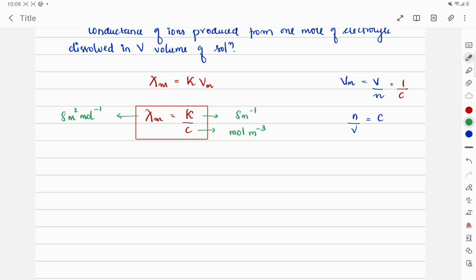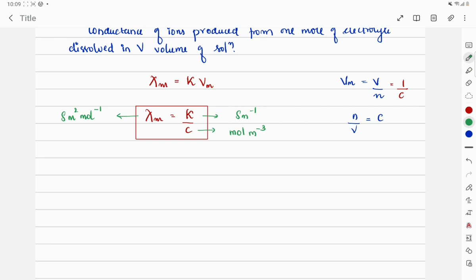Lambda m will be given in Siemens centimeter square mole inverse. Kappa will be given in Siemens centimeter inverse, and concentration will be given in mole per liter. Obviously any one of these values will be missing and you will have to find it, but the usual trend which we find is instead of meter they will put centimeter, and instead of meter cube, that means for concentration, they will put liter. So accordingly, if this is the trend that you see, there is one short equation which